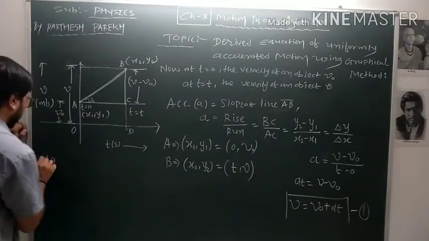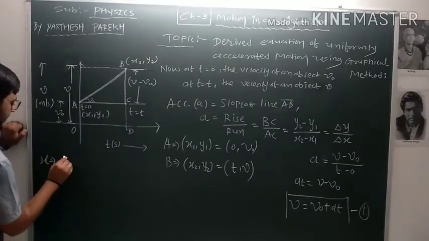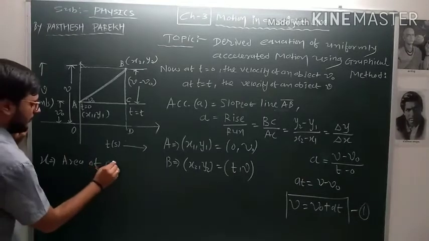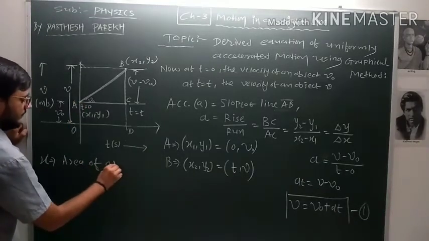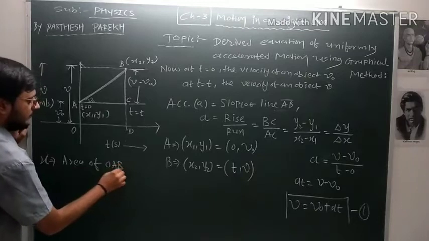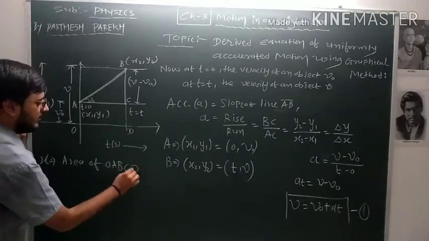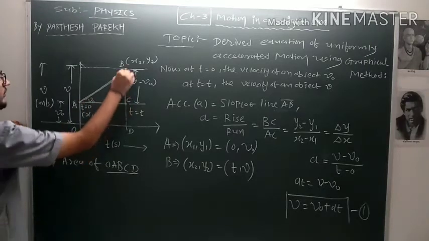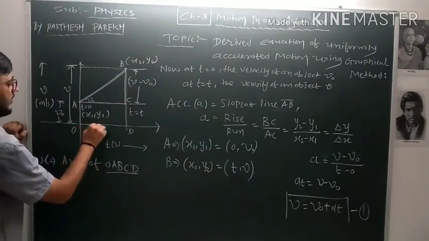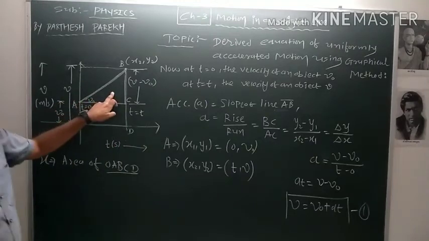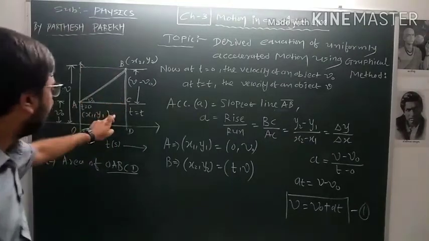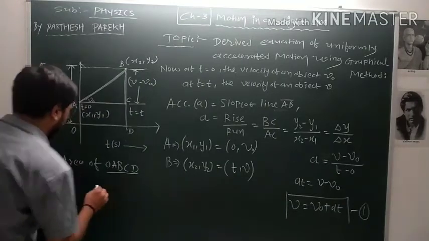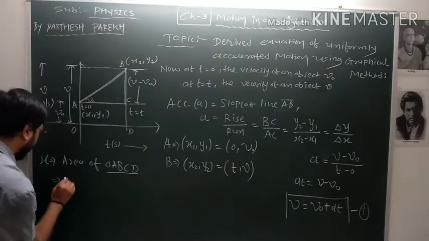So displacement is nothing but the area of O, A, B, C, D. This area is made from a triangle and a rectangle, so here we can write the area of